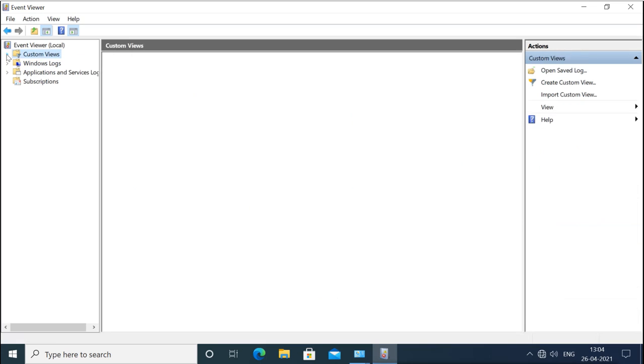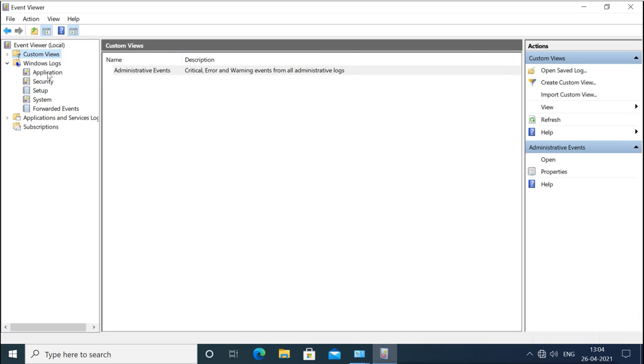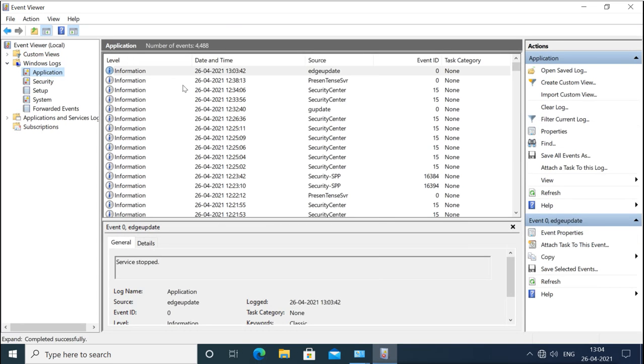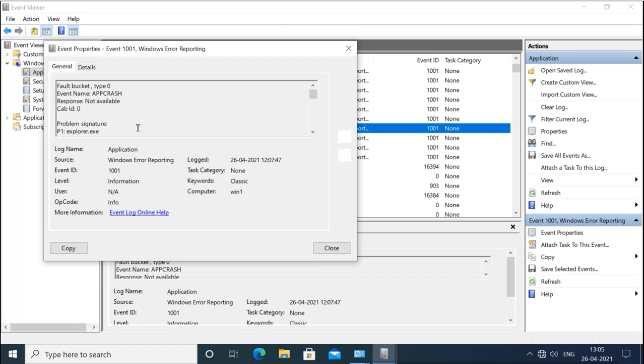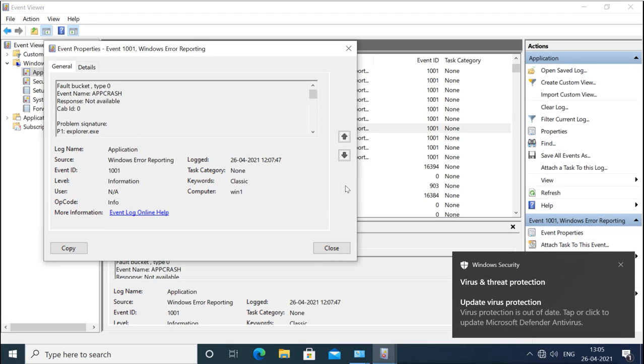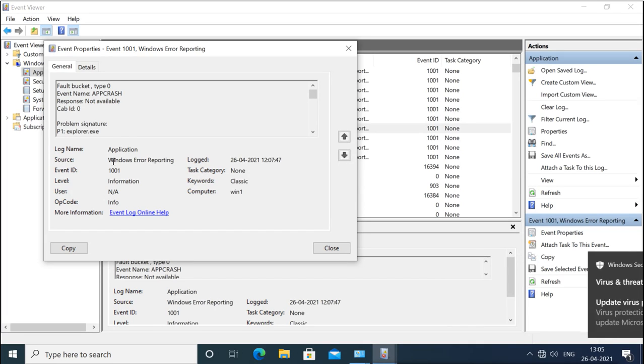Then these are the logs we have. We have application logs, where we see all the information, error, and warning messages related to the application. If you want to see more, you double click on any log and it will show you the detailed information here: log name, source, event ID, level, user, opcode, when it was logged, task category, keyword, and computer.